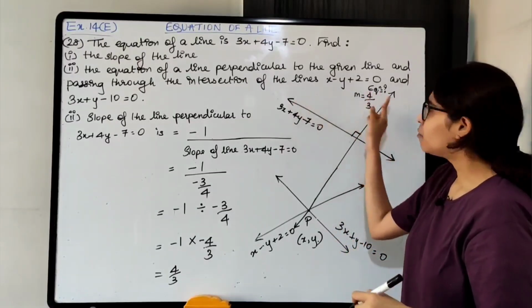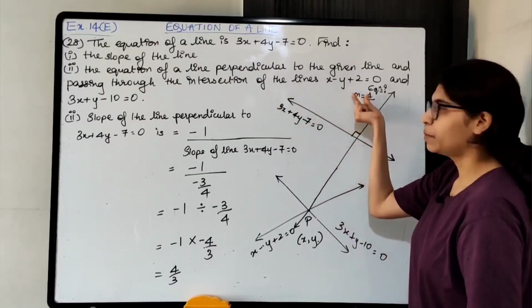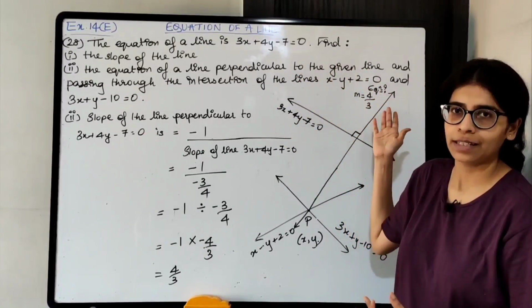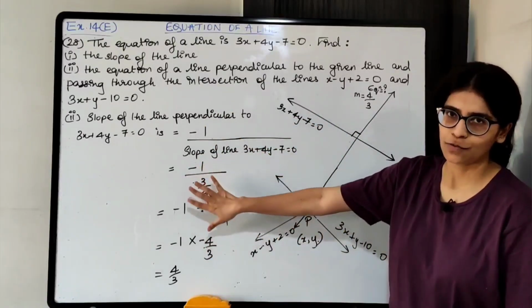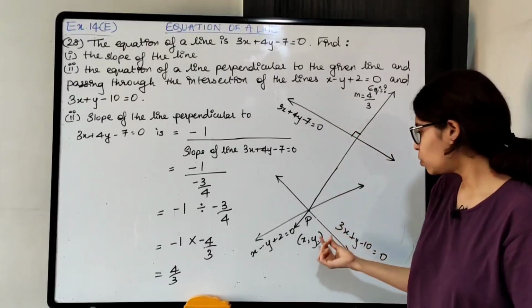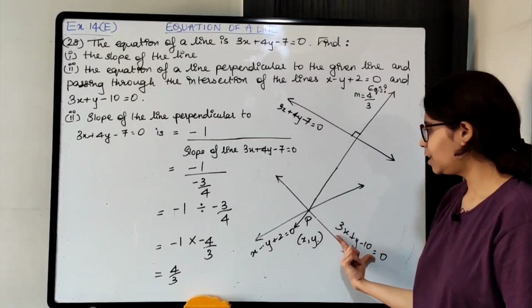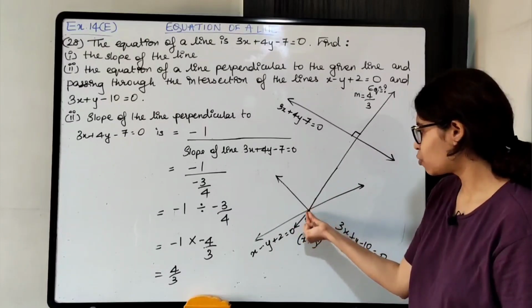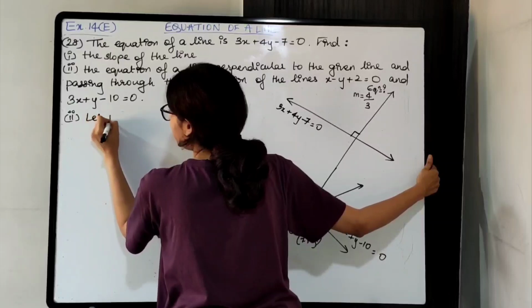I have not taken m1, m2, you can use that method also. इसका slope m1 ले लो, इसका slope m2 ले लो, m1 into m2 is equal to -1. Put the value of the slope. Same हुआ. In short, it is one and the same. Okay. So we got the slope of this line. Let us find out the coordinates of P. For that, we need to solve the two linear equations because it is the point of intersection of these two lines. Okay. Write down, let P be the